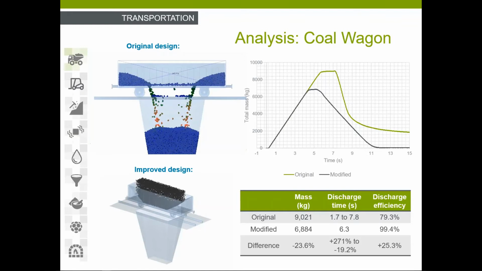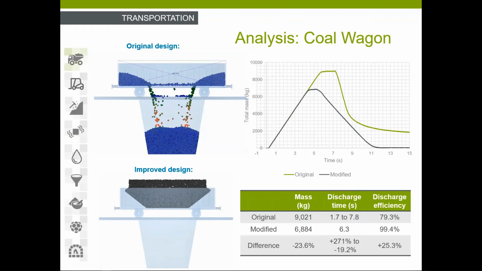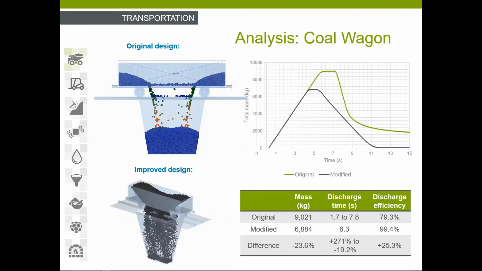So the video shows that the solution will be effective, since all the materials slide into the hopper and the discharge efficiency is around 99%, which is 25% more than the previous case. However, the main point of these 2 examples is to highlight how Eden can help to optimize the equipment design. Because we can also notice that this new design can only transport around 75% of what the previous design can. Therefore, the best compromise in solutions has to be found,